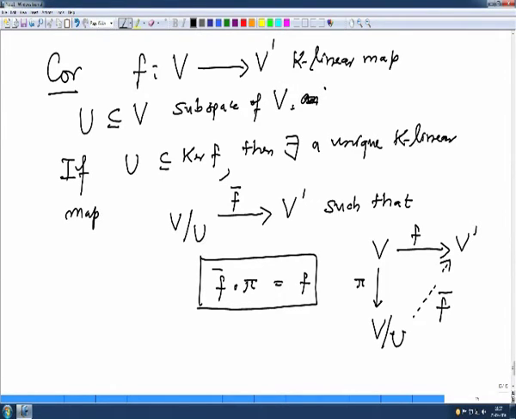This is very useful because in some practical problem when you are proving something by induction on the dimension, you will choose a subspace u and you pass on to this v by u, but you have to choose it with this condition, and then you can pass it on, and you get a new linear map. So, this linear map is connected to the original linear map f by this diagram. This is very useful, and we can add something more to this statement.